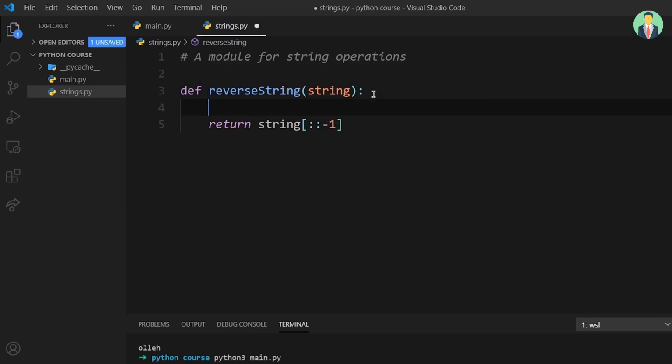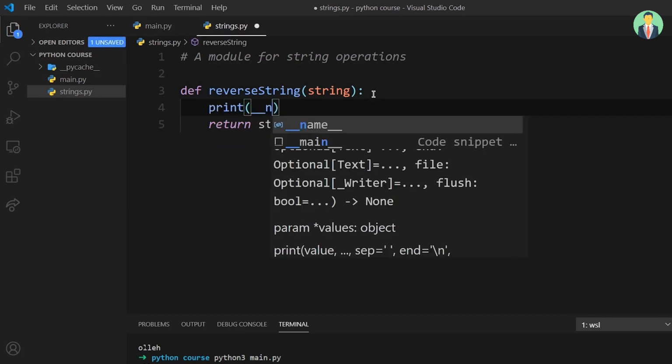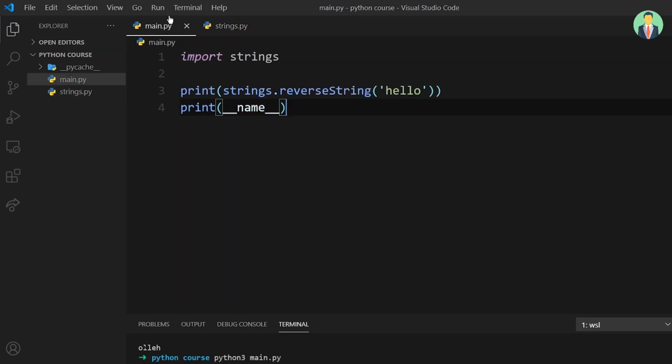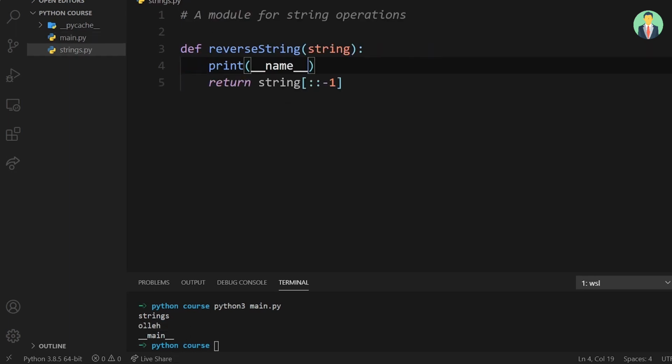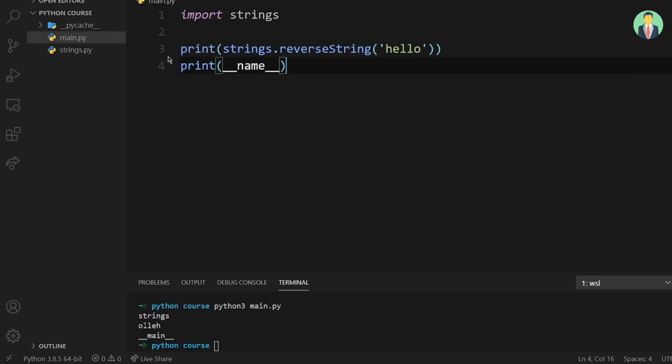Now if I just add a line which just says print name here, and then I run the code again, it says strings, OLLEH and underscore underscore main underscore underscore. So what is happening is that when I import it, the name is that of the library. And even if I change the name of the file to 123.py, and run it again with python3 123.py,